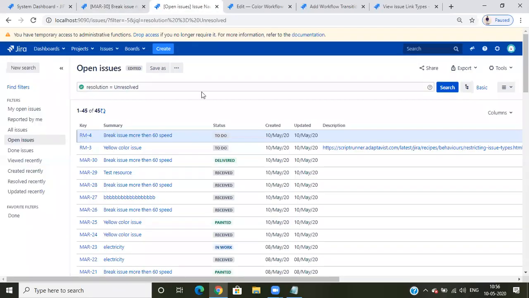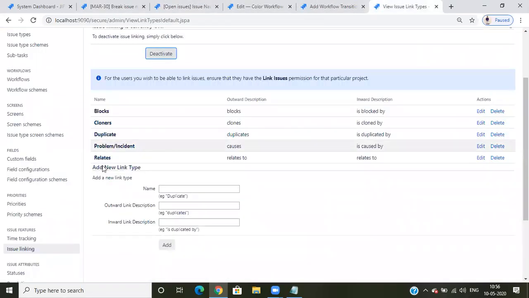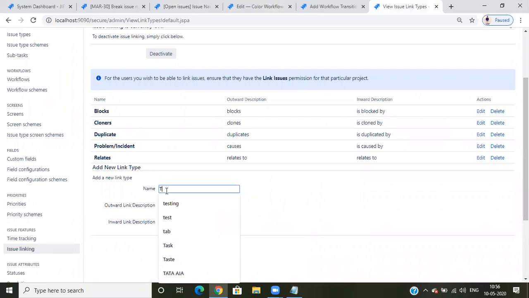I need to go back from this place and add here. Suppose I select test, tested by, and I add it.